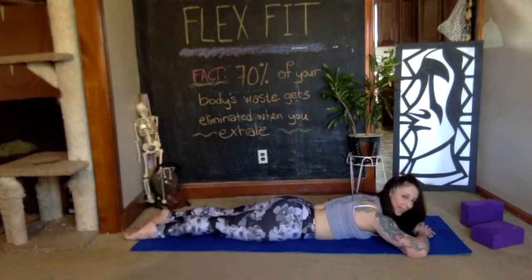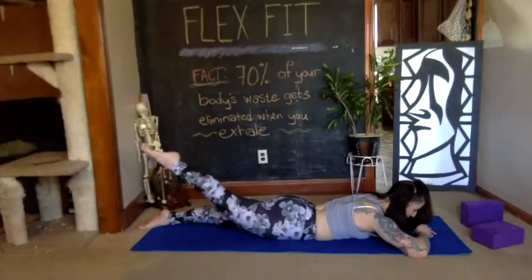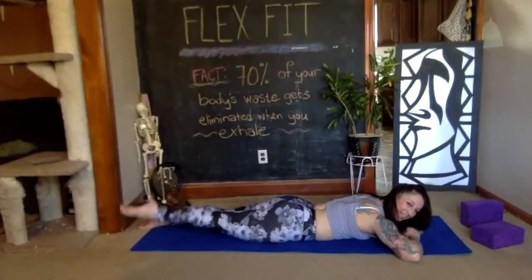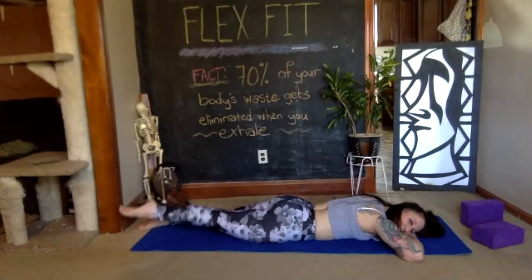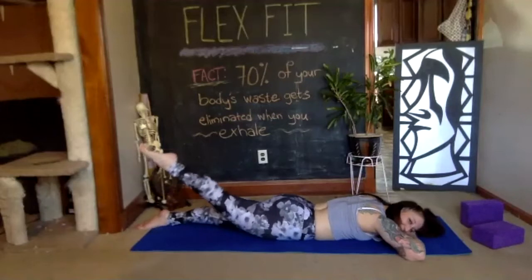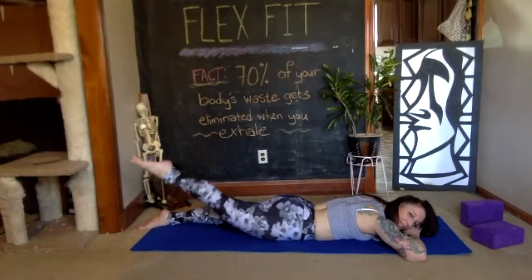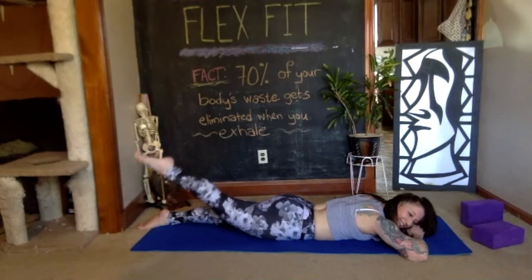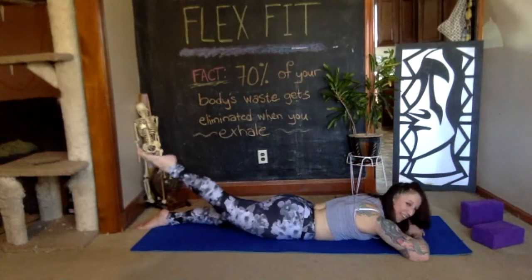7, inhale, exhale, 5, really squeeze to lift, 4, 2, last one, find your max. Squeeze your butt, pulse for 8, 7, 6, 5, 4, 3, 2, then hold and stay, and then check out